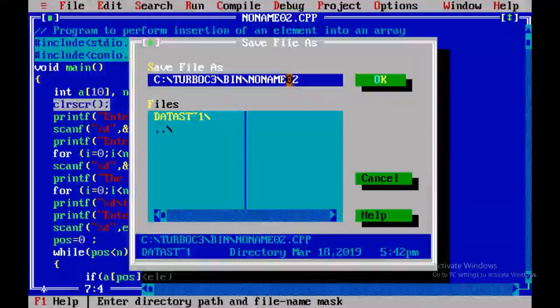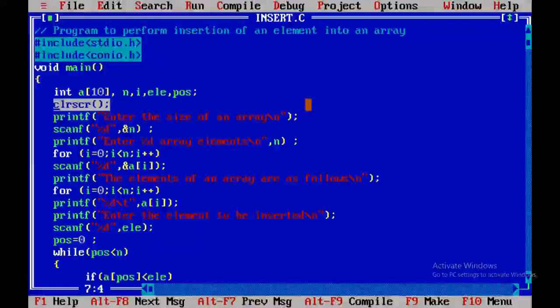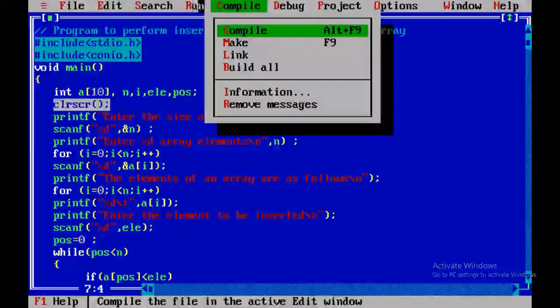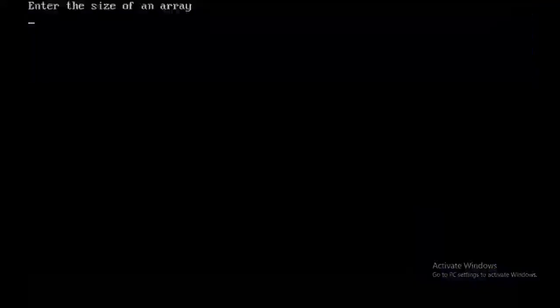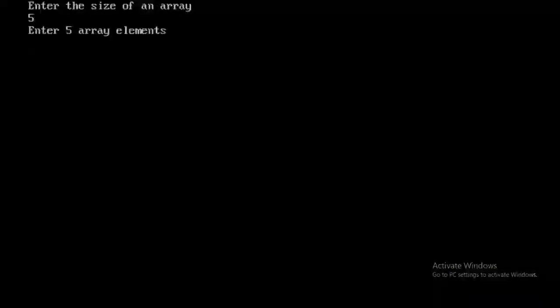Okay, I'll save it as insert.c. Then I'll execute it. So I'll enter the size of an array as 5.